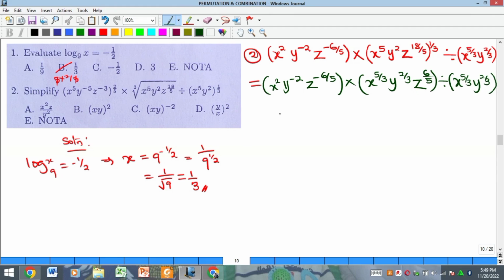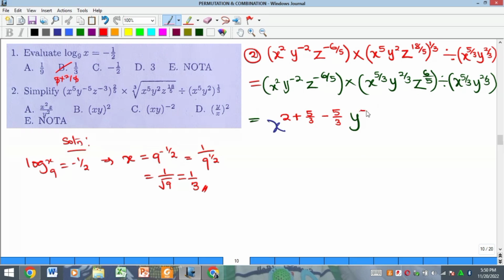Okay, so I am going to apply the law of indices here now, which says that multiplication of the same base is the same thing as summation of the powers, and then division is subtraction. So I'm going to pick x now, and then the powers of x I'm going to add for multiplication and then subtract for division. So I'm going to have 2 plus the power here, 5 over 3, and then the power here is also 5 over 3, but in this case it will be subtraction since what I have there is division, and that will be times y to the power of the power in the first bracket,